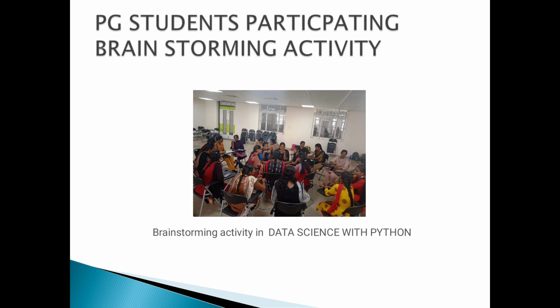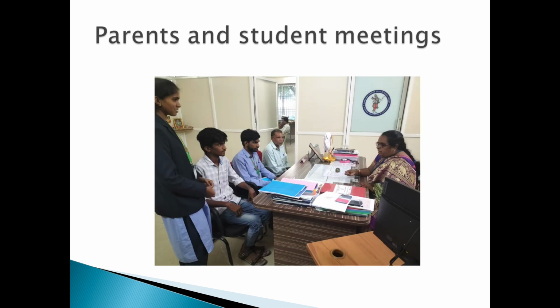This is one environment where we are performing brainstorming activities in data science with Python. Every month we are conducting parent and student meetings to create awareness about the facilities we are providing to the students. Here, students are not only concentrating on classwork, we are also concentrating on more kinds of activities, such as